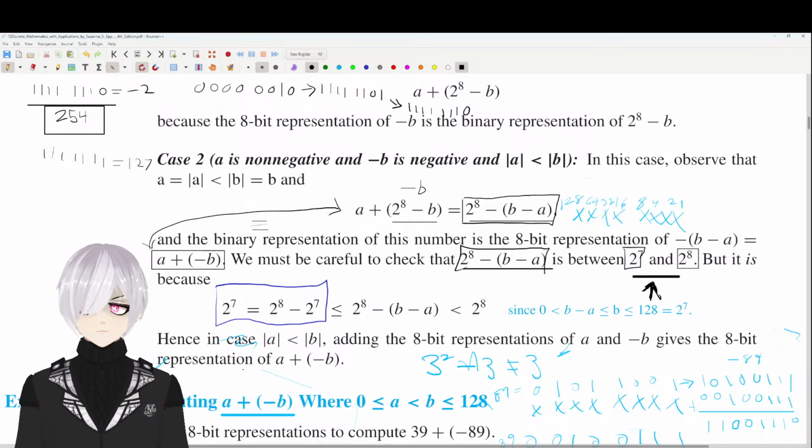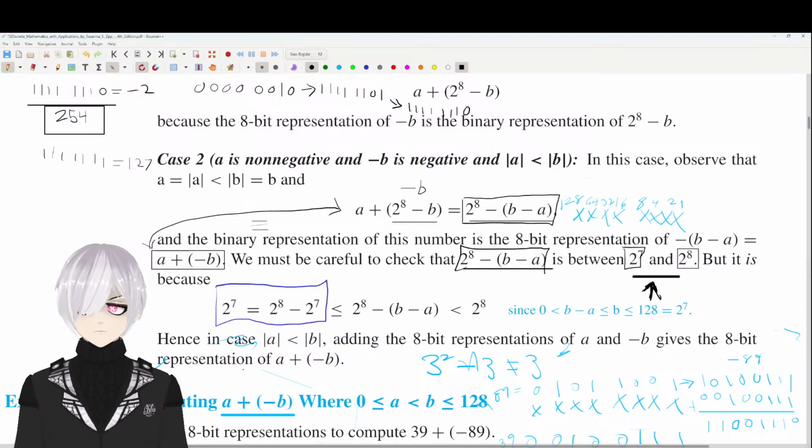Yeah, the two's complement of the absolute value for a negative number would be in that range. Because the negative numbers, for these purposes, are the ones from -1 to -128. So the two's complement of those is going to be 256 minus something from 0 to 128. So that's going to end up being from 128 to 255